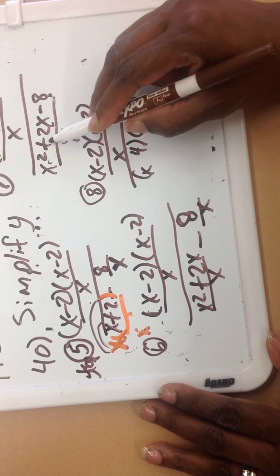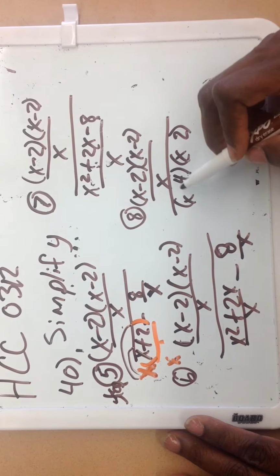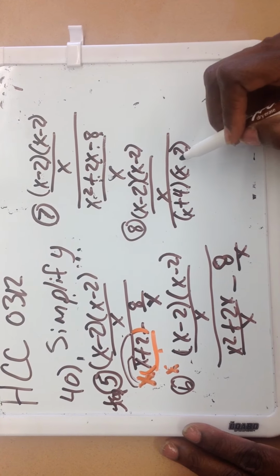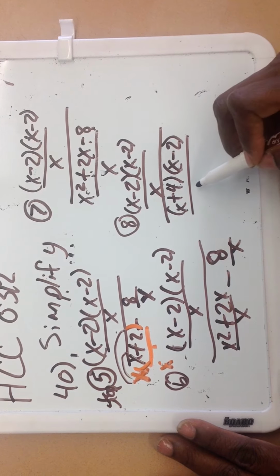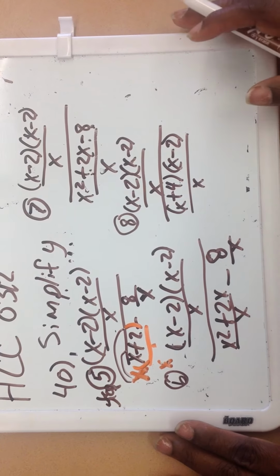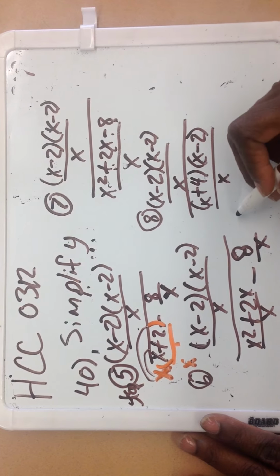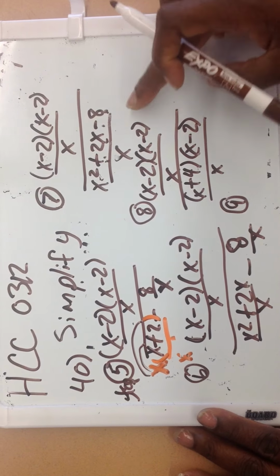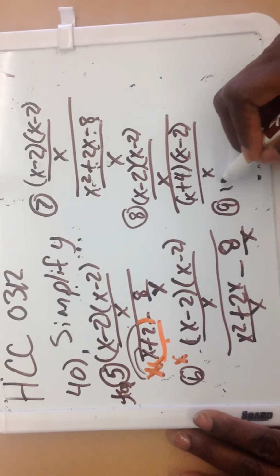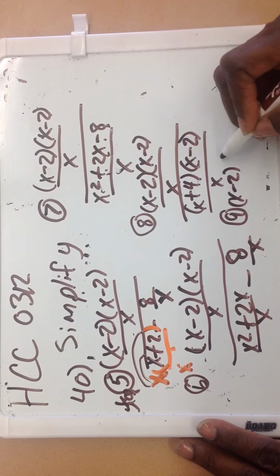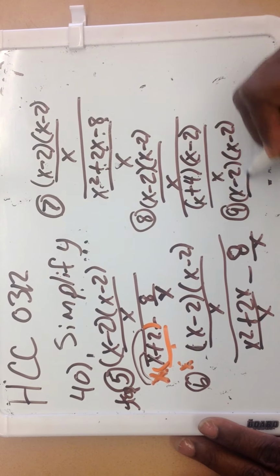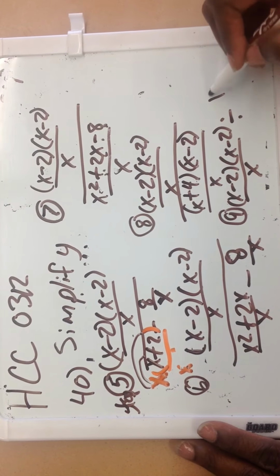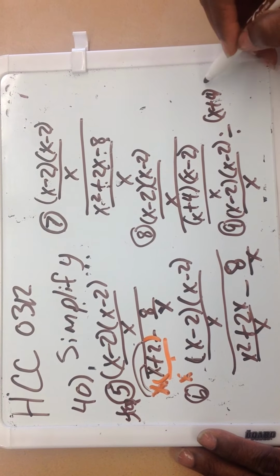But we notice that the middle term says the largest number is going to get a positive, so we get a positive 4. But the end says it has to have a negative, so at least one of them needs to be a negative. That makes it a negative 2 over x. We want to see where we can simplify, because it's 2 numerators and 2 numerators here, but we're going to make it as 1. So we're going to say x minus 2 times x minus 2 divided by x. This is divided by this other expression, which is x plus 4, x minus 2,